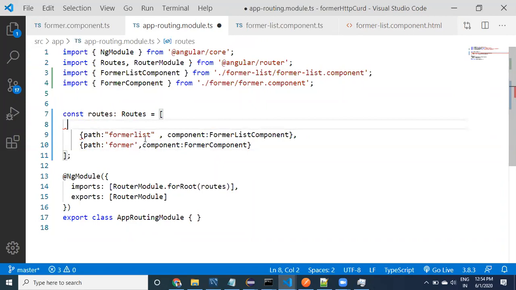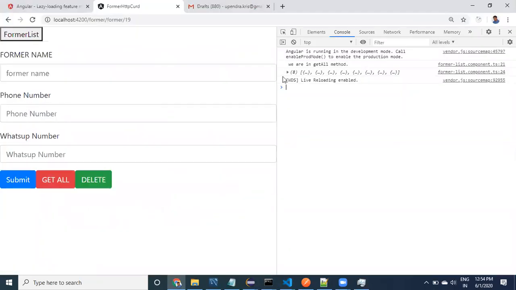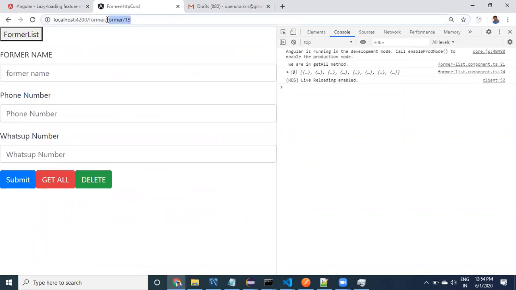But coming here, what changes do I need to provide? Slash, some dynamic value we need to get. To get a dynamic value, provide a variable, okay, FID, farmer ID, or this variable name can be anything. Now it is going to get matched. Let's look at it, guys. Once we provide it like this, see here, no error came up. We directly came here, and in the URL we can see farmer slash 19. We got the 19 value.